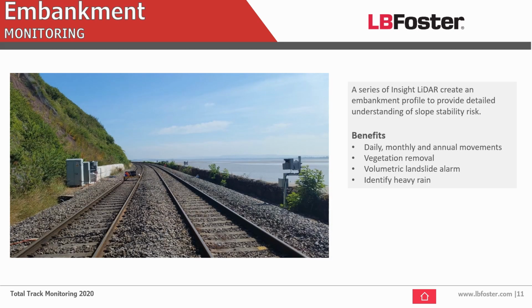So here for embankment monitoring, we're using the LIDAR to measure instead of using it for obstacle detection. We can take this LIDAR, position it at the slope, and look at daily, monthly, or annual movement differentials. We can remove the vegetation from the slope so that the LIDAR is measuring just the slope itself. And then we can also look at the volumetric movement of land if there is any type of slippage or